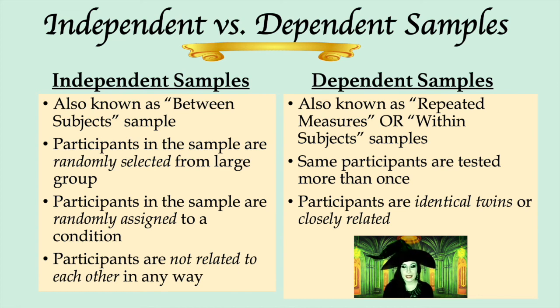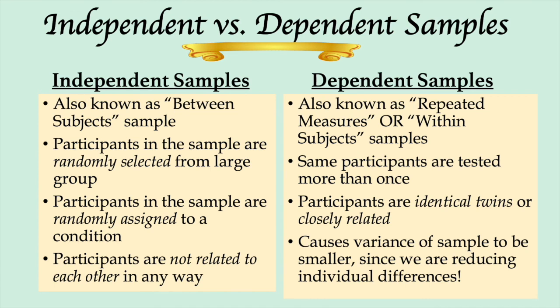So the idea behind this is that any participants that are very similar to each other or may have experienced very similar types of environments are going to be very similar to each other and differ greatly from people who were not part of that environment and are not very close to them. And so testing those two groups together in the same formula or in the same test would actually convolute our results a little bit. So the reason we separate them is to make sure that we assess the variance for